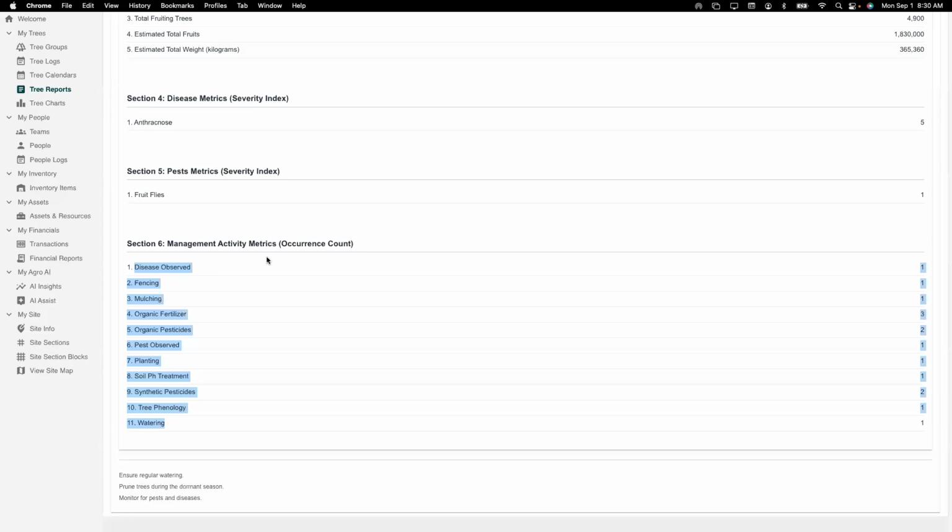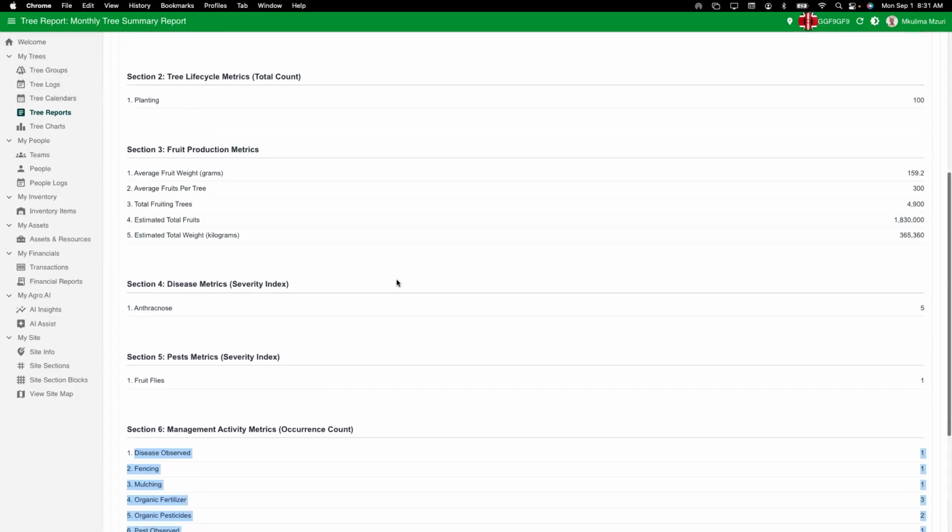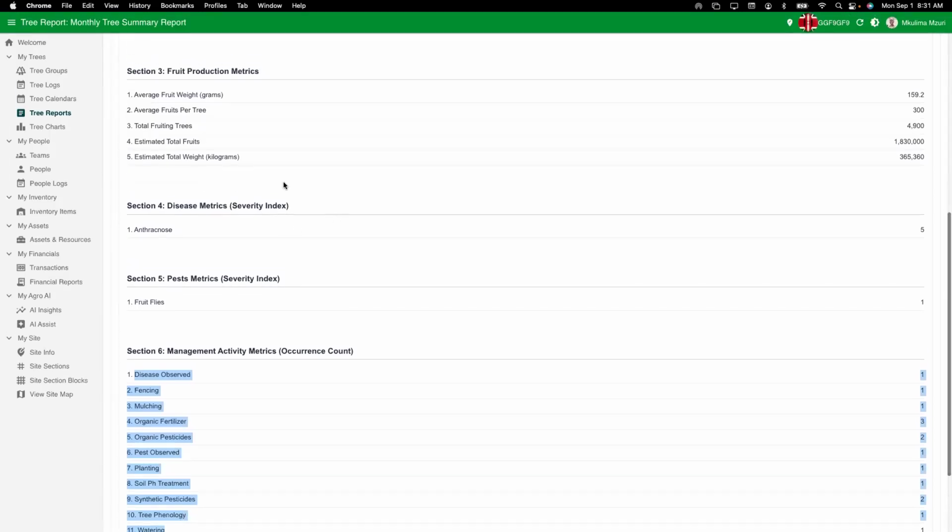But the report, especially for business people, they might not necessarily be on the farm or be there all the time, but you have your staff there, and your staff would really be the ones creating these records and these activities, and the tool will summarize, and from the report you can see easily what's going on. So how do you get this information in here so that the tool helps you